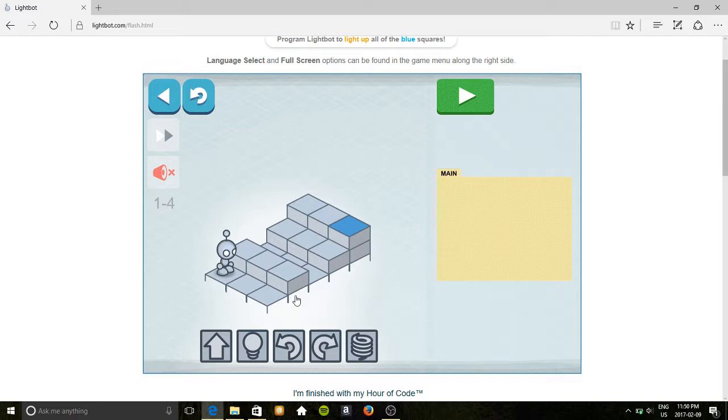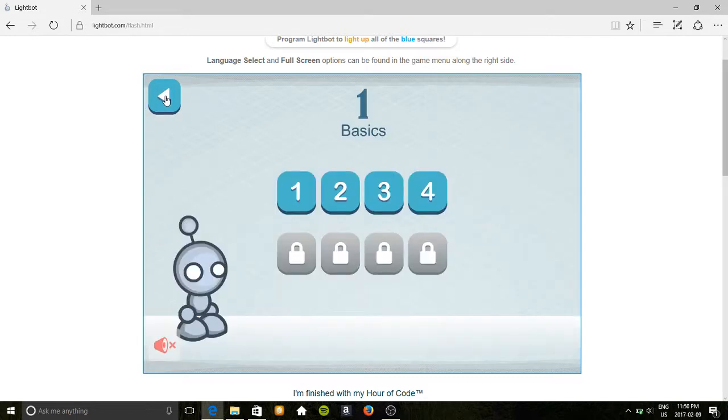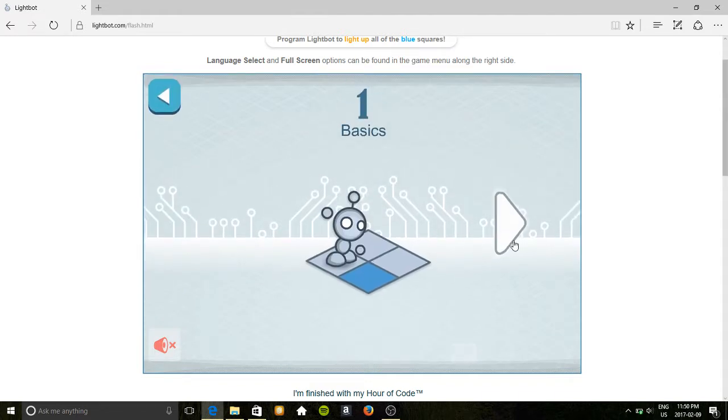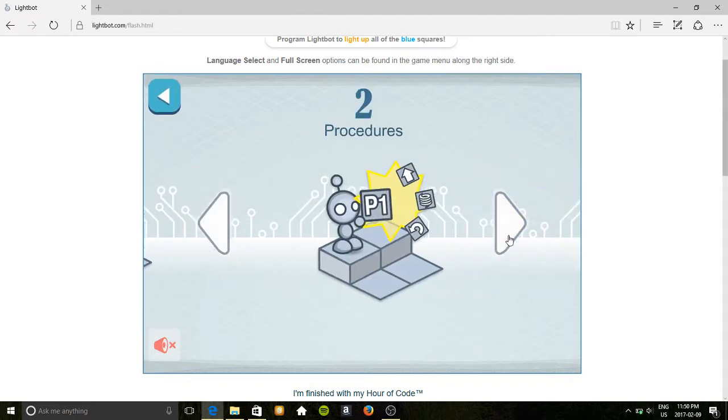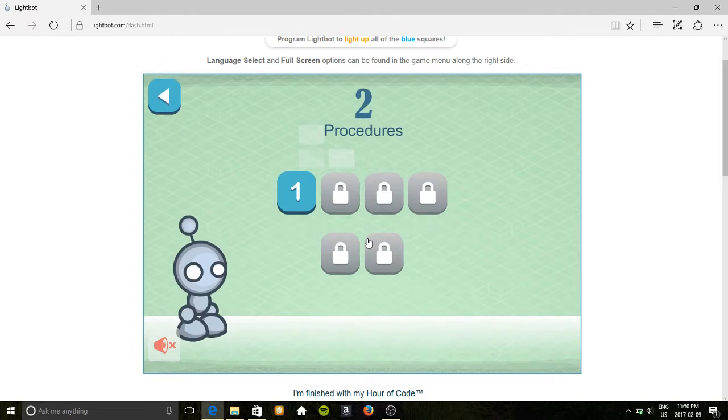At this point, I would recommend that you let the students try this level on their own, as well as the next couple levels. For the sake of keeping this tutorial short and sweet, I'll be skipping these next couple levels, and I'll be moving on to the procedures and the loops, just so that you can introduce this to the students. So I'm going to be going back again, going over to procedures, clicking that, and let's